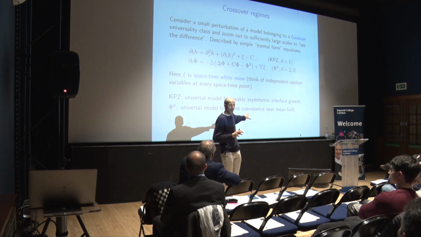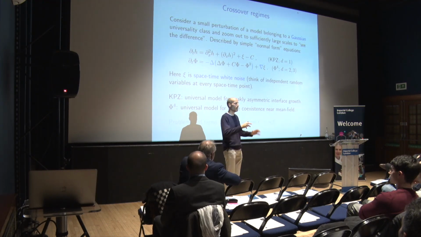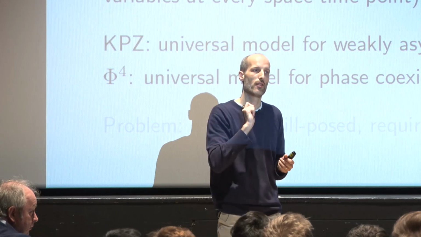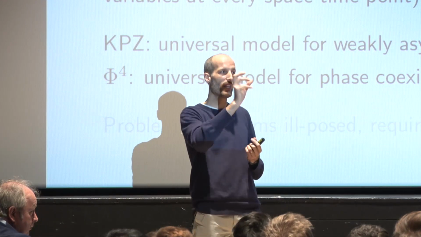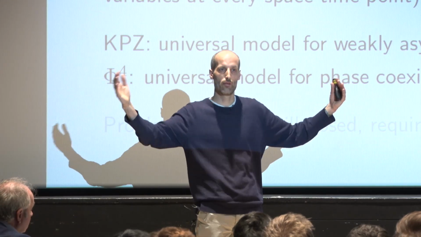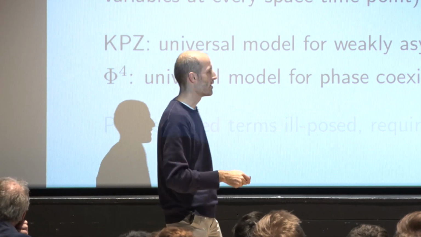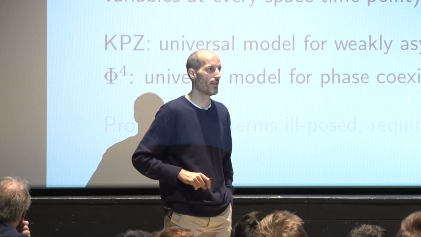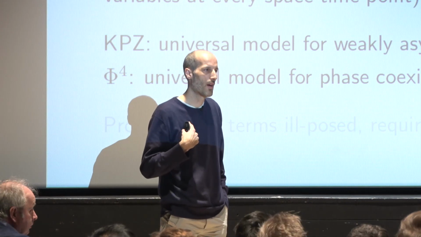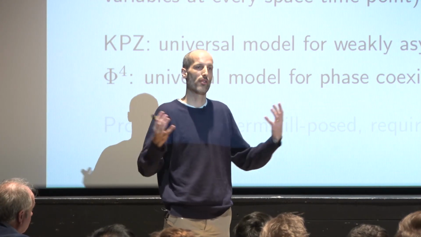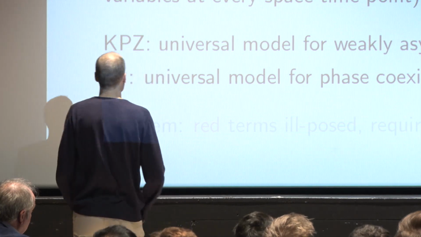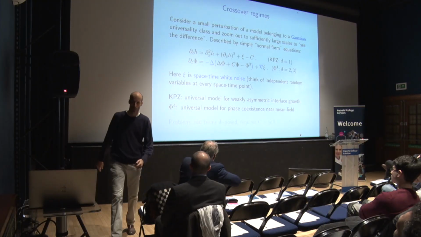And then you can ask yourself, can I prove that sort of statement mathematically? Right? So can I prove that, take one of these models that belongs to this Gaussian universality class, of which I kind of understand the large-scale behavior, tweak it a little bit. Can I actually prove mathematically that the tweaked model, if I look at it at the right kind of scale, looks the same as the solution to one of these stochastic partial differential equations? And this, it turns out, is much more amenable to mathematical proofs and to some kind of quite general sort of theory. But it's still tricky, and the reason why it's tricky is because, so